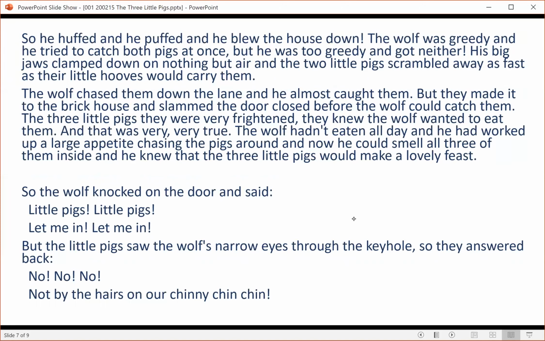The three little pigs, they were very frightened. They knew the wolf wanted to eat them. And that was very, very true. The wolf hadn't eaten all day and he had worked up a large appetite chasing the pigs around, and now he could smell all three of them inside, and he knew that the three little pigs would make a lovely feast. So the wolf knocked on the door and said,